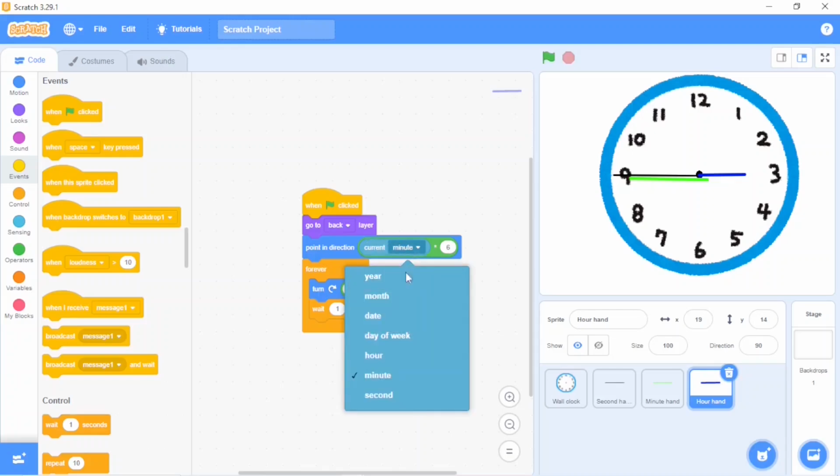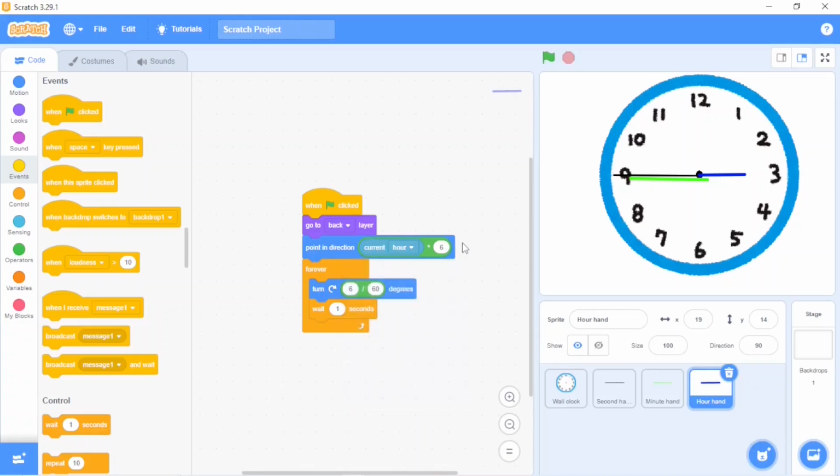In place of current minute, you have to put current hour and multiply by 30. And over here, turn clockwise 30 divided by 60 degrees, and wait 60 seconds. Now I will make you understand the hour hand and then we can choose a backdrop.